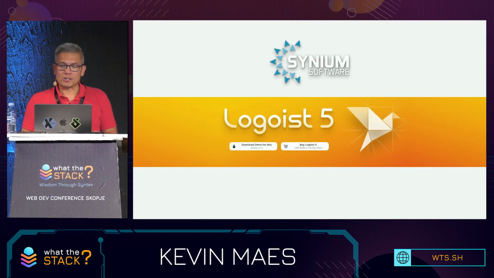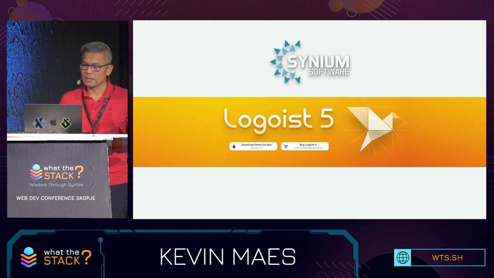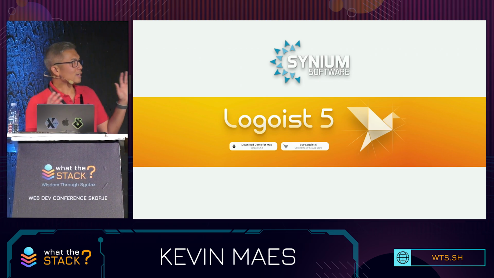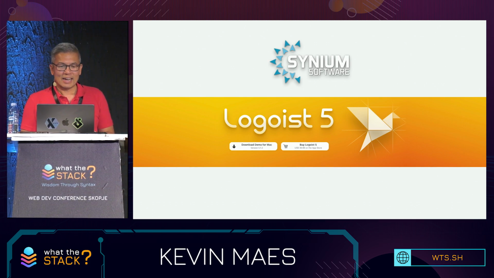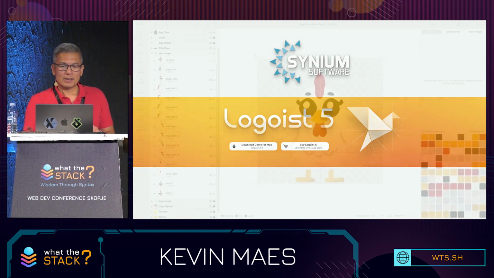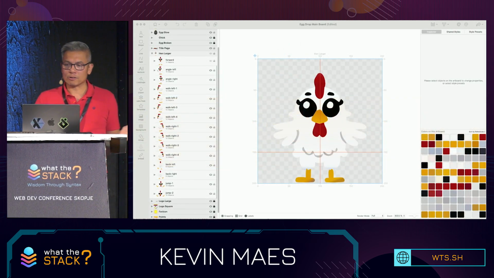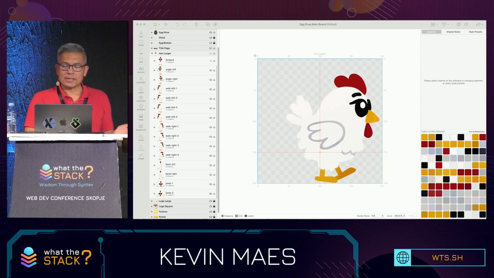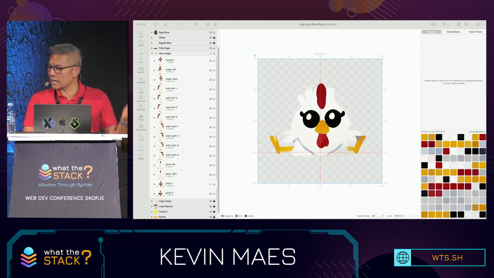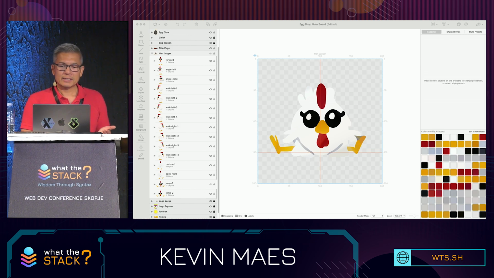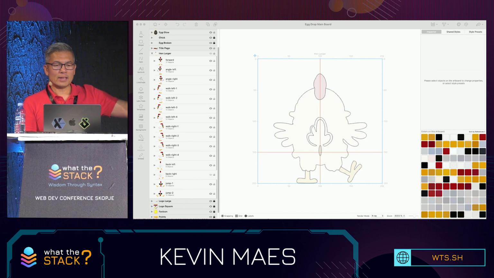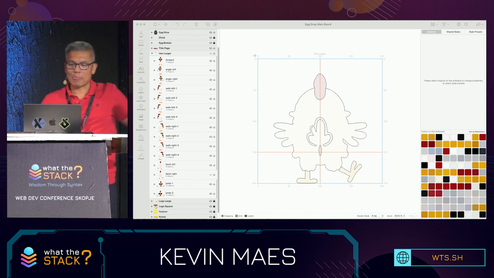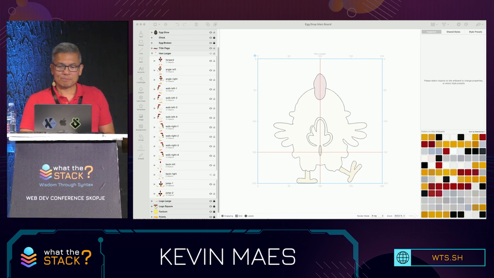Okay, now that we have raw images, we need to be able to manipulate them so that we can really turn them into characters. And I used a software called Logoist by a German company called Cinium. Now, this is for Mac, so I'm sorry if you don't use Mac, but they do really high-quality apps, and they go beyond logo creation as well. You can import raster images, and you can turn them into vector graphics. You can also arrange them into layers and edit them. I was able to focus on things like size and alignment to create various states. And that way, when the hen is either walking or jumping or turned around, then the egg will always originate from the same X and Y position. So then I exported this to PNG.